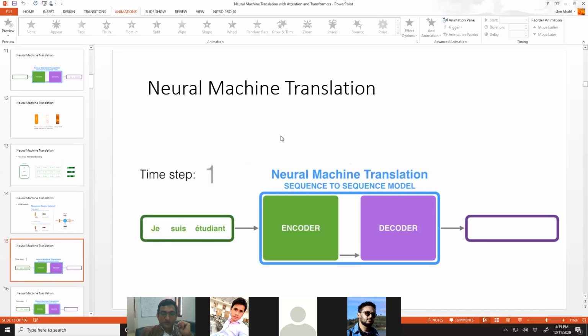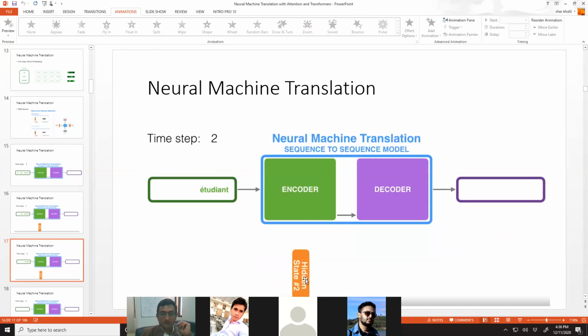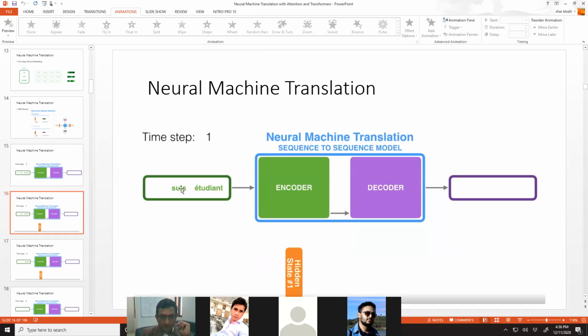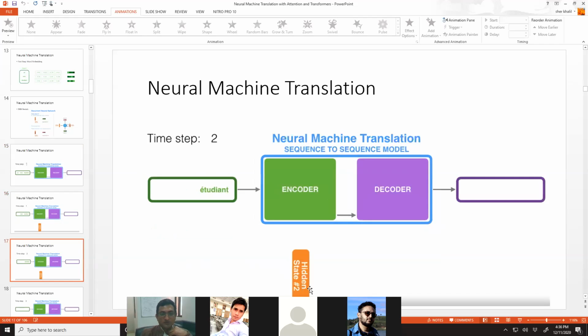So you can see here, at time step 1, the encoder, which is an RNN, will receive the first input, the first word. From that first word, it will estimate the first hidden state. At the second step, it will take the second input, the second word, and also the first hidden state. At time step 1, we have estimated hidden state 1, and this hidden state goes into the next step together with the input. So this is time step 1, this is time step 2.